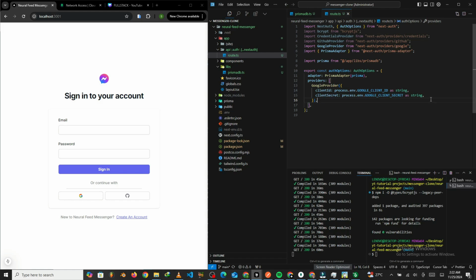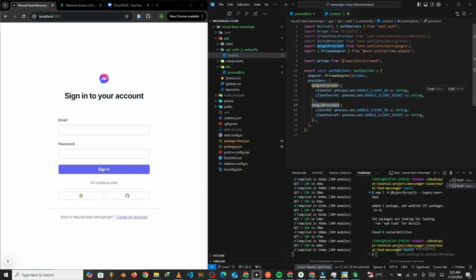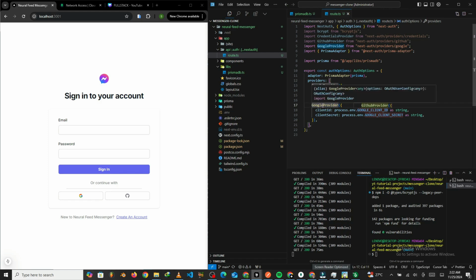Okay, nice one. So now that we have this all set up for the Google provider, what we are just going to do is copy this and paste it here, and then just change this to GitHub. Nice. So you change this to GitHub, change to GitHub ID, and then change to GitHub secret. Okay, so now that we have both of these working, what we are going to do next is